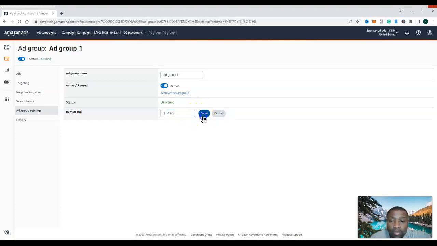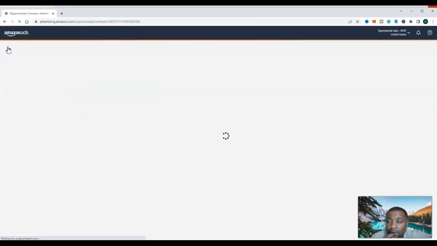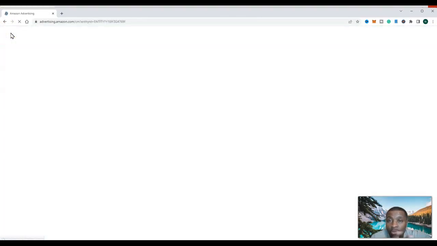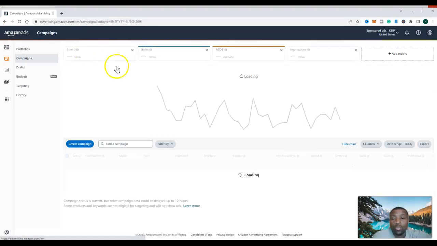So with me noticing that it has like 4, I'm gonna do 20 cents and I'm gonna save this and I'll check it tomorrow at noon or something like that. I'll probably check it in the morning, but I won't change anything until tomorrow afternoon about the same time or tomorrow night. So I left my ad group the same, left everything the same. I'm changing this to 20 cents just to see if I can get some clicks off of that. And then I'll go back here